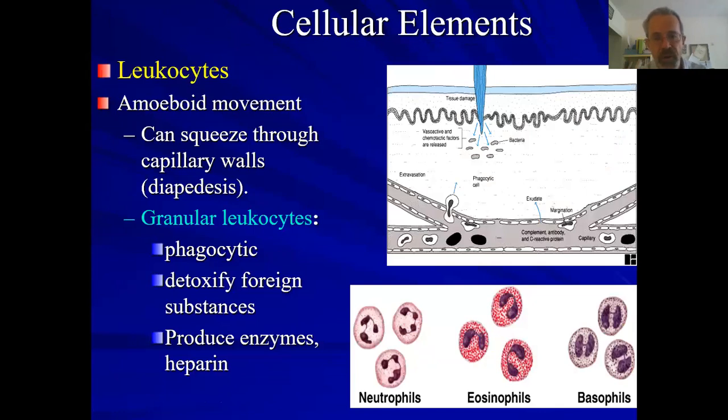All right. From the red blood cells, let's go to the white blood cells. And white blood cells are also known as leukocytes. Leuko means white. Several different types. I'm not going to get into all the details of every single type of white blood cell, but they're characterized by having this ability to move like an amoeba, amoeboid movement, in the sense that even though, yes, they're found in the blood,